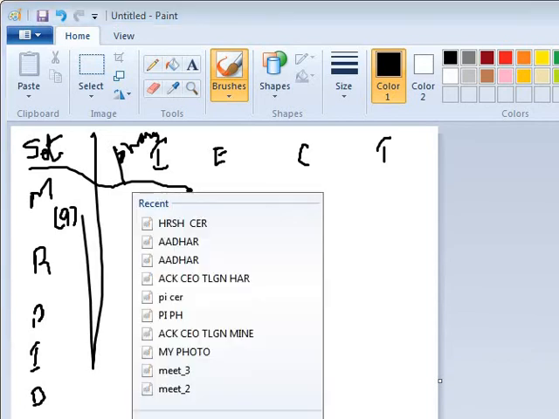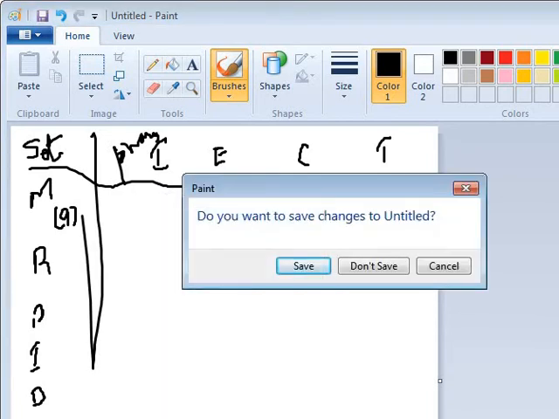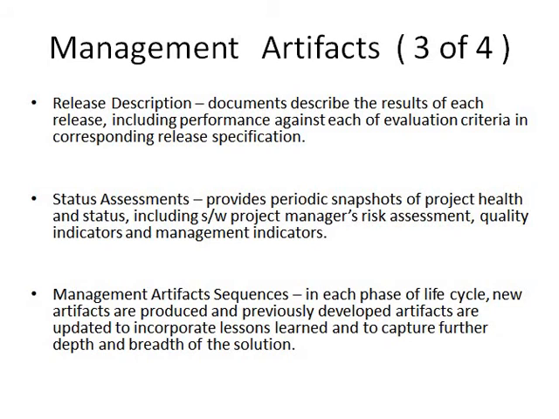Okay, so once I go for your management artifact set, what it is giving is some artifacts which are to be developed or referred to: there is controlled development or else referred to.